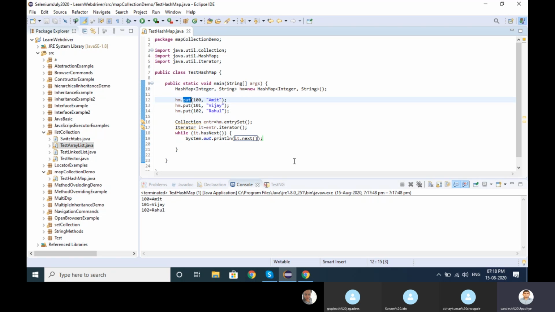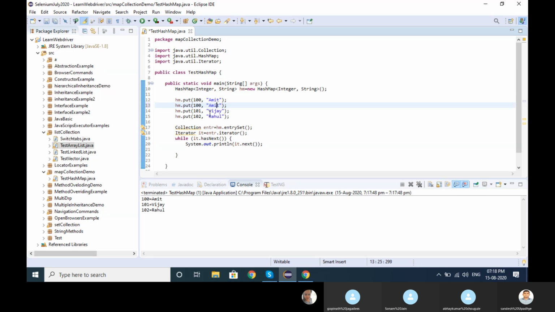It's simple. While working with map, it's also not taking duplicate values, it contains only unique elements. And while working with hash map, it's not maintaining any order. Look here, if I add something into the middle, 104